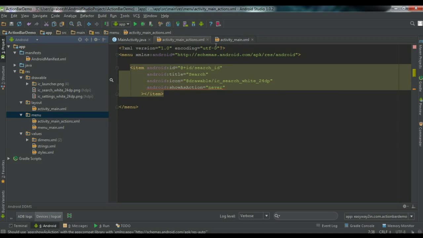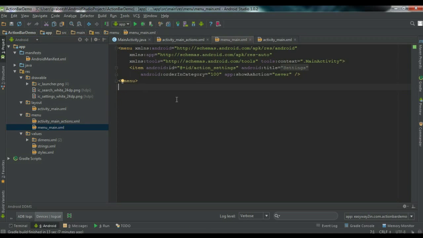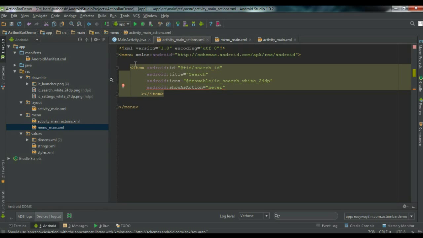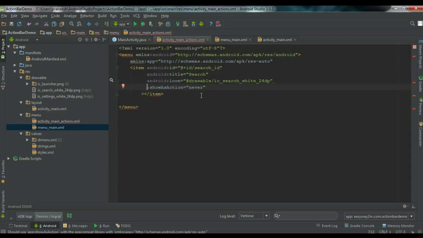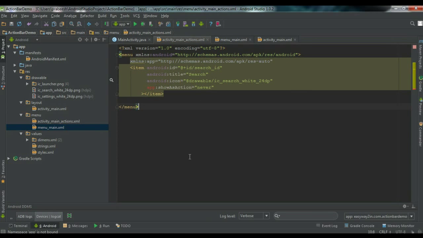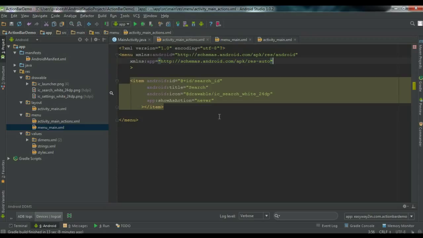Yeah, here there is some problem. You need to copy something from the menu main.xml file. You have to add some namespaces. This one, copy this one, go to the activity main actions and paste it here. Some namespace is needed here, so instead of android you have to use that one, app. There is still an error. Yeah, you need to put it inside this bracket, that is the error. Yeah, now it's fine. Okay, so now here we have only one item called search, and that has a